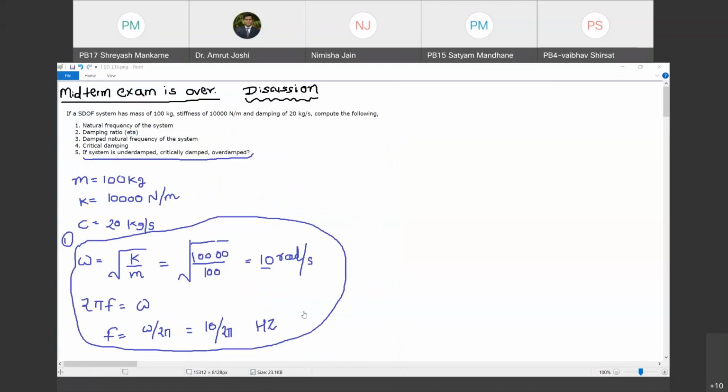Let us look at the other question. Everybody may not have got this question because there were a number of questions, out of which some would have got this question, some would have got another question. Are you with me? Yes, sir. So let us go ahead with question number 2. Let me take question number 2. Just give a second. So what is question number 2? Let us have a look at this.